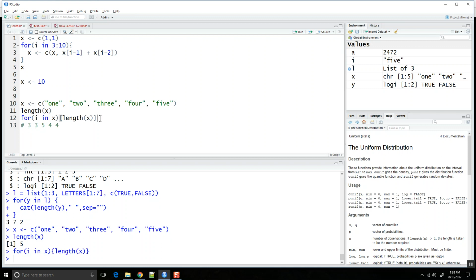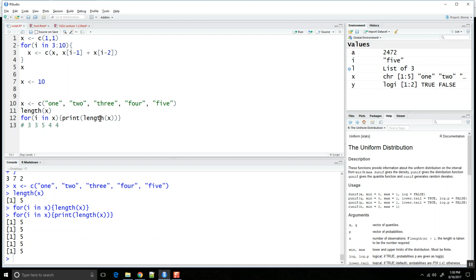Oops. Let's do print length x. Okay. I'm sorry, not length of x. Sorry, length of i. You're going to produce just a bunch of 1s here. Okay, because the first time it runs through, i is just